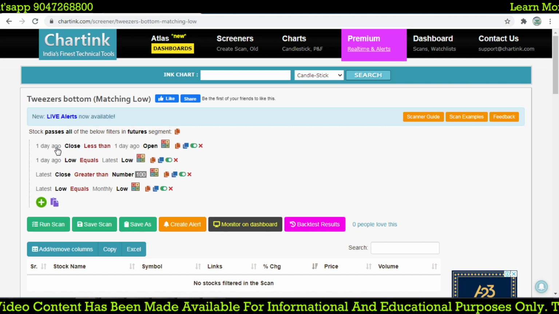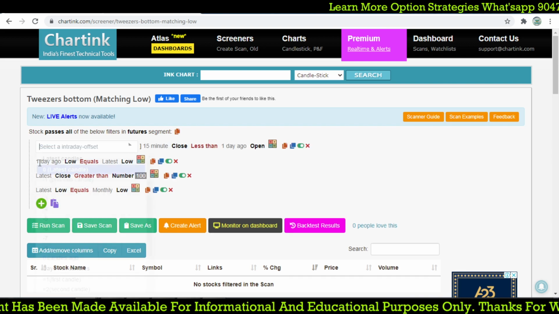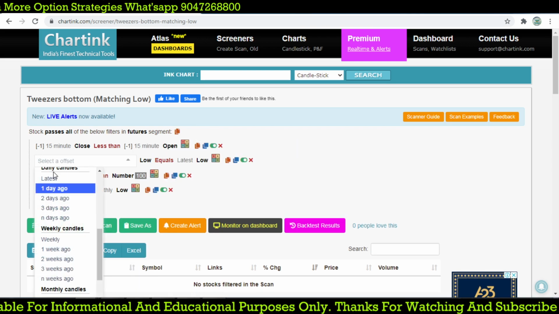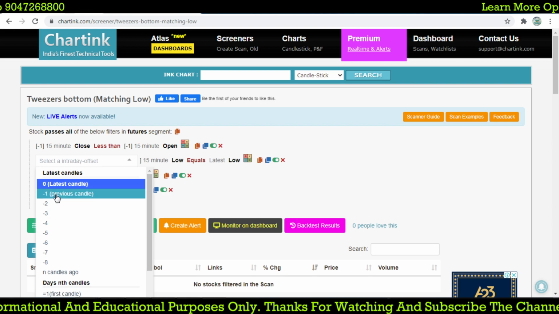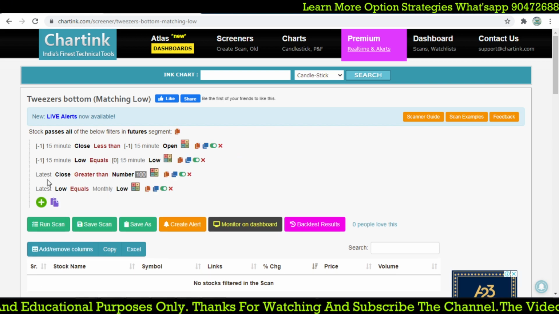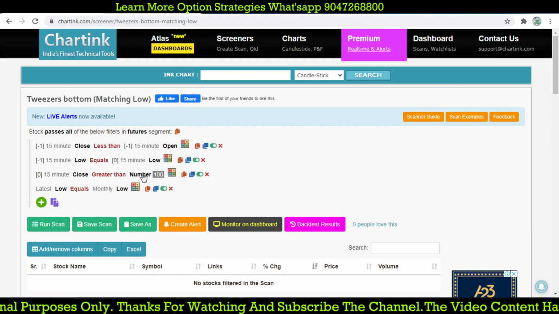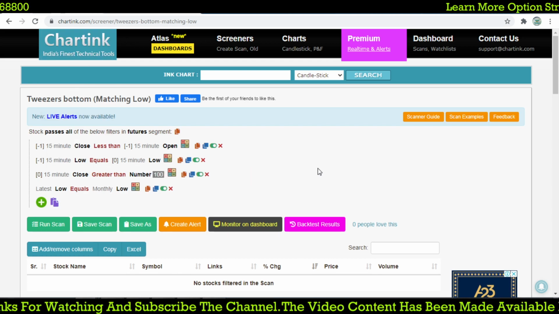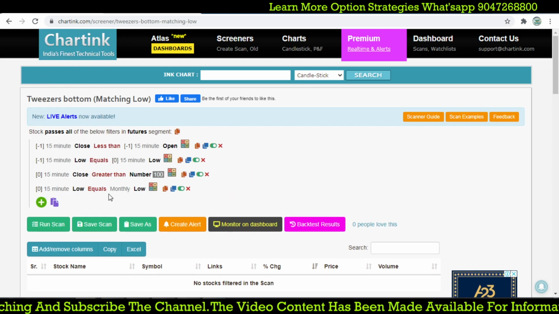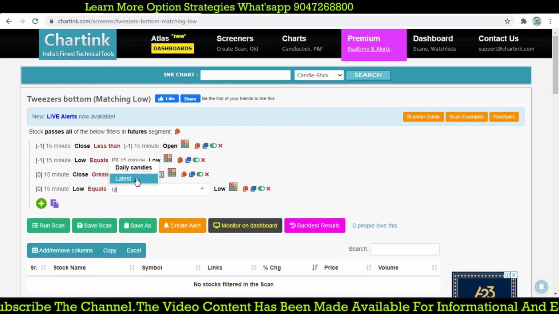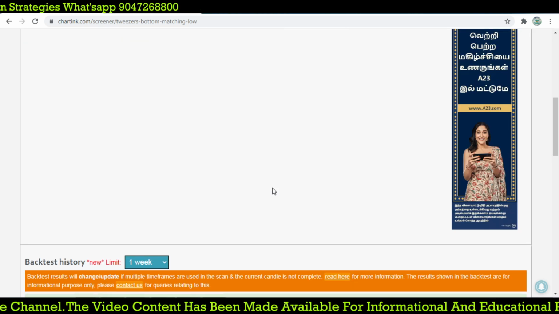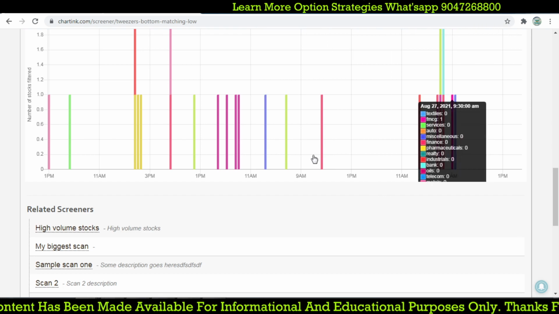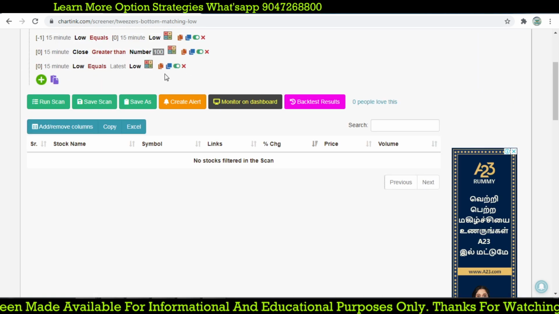So we may not get that, but even so we will check the 15 minute last candle, 15 minutes minus 1 and 15 minutes minus 1, and simply the 15 minute candle, and the 15 minute close equal to this. We are filtering 100 rupee stocks, or whatever it may be; the 15 minute close and latest close are both the same. Here the 15 minute close equals the latest low, so that is the only change. If you run the scan on 15 minutes, you can see that it was happening at the day low, right? That is why the condition mentions the day low.